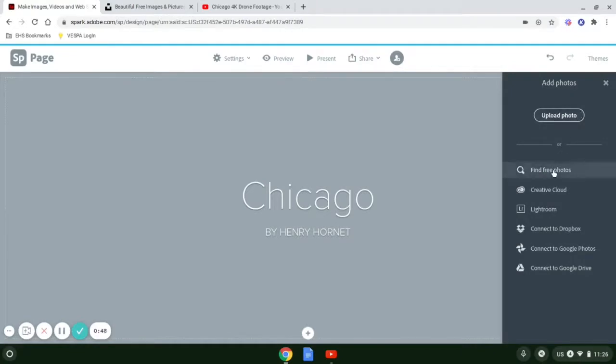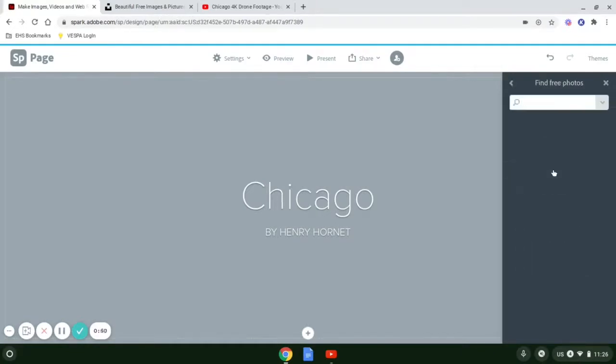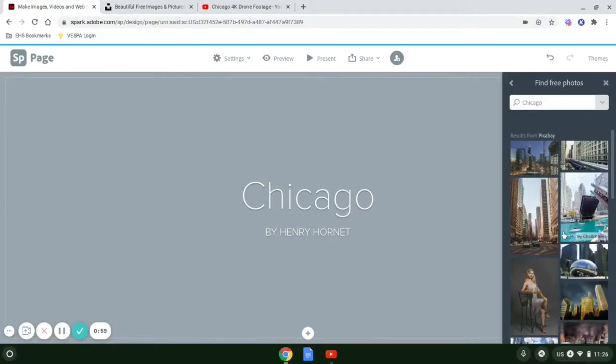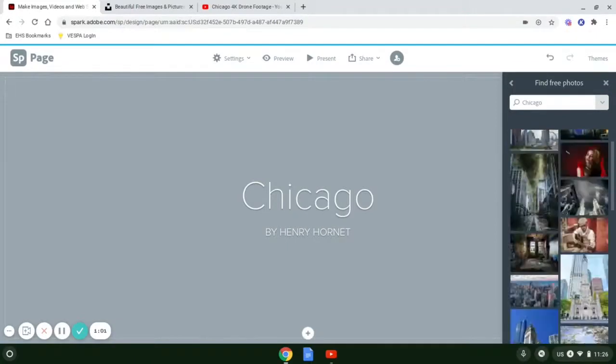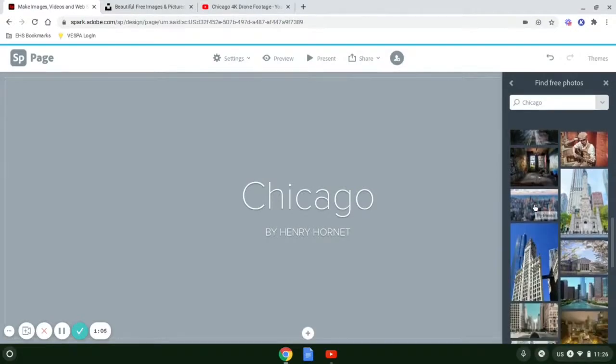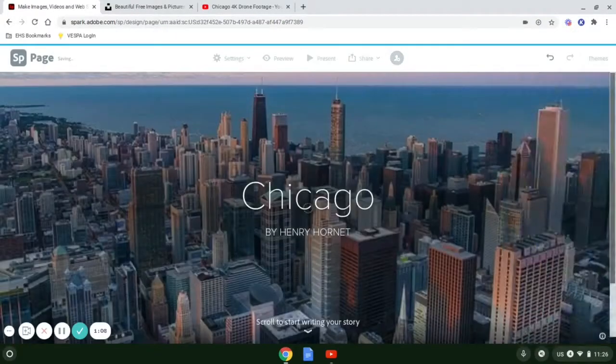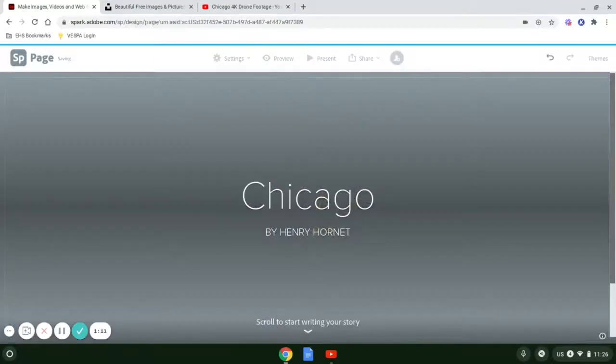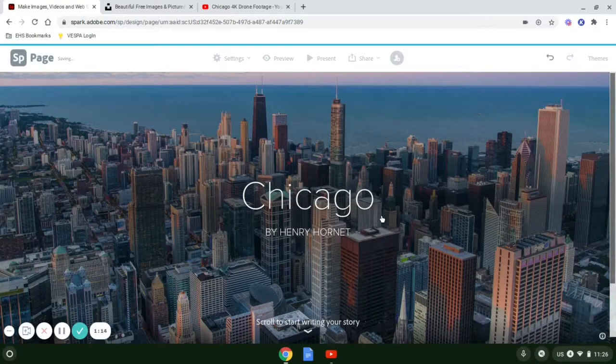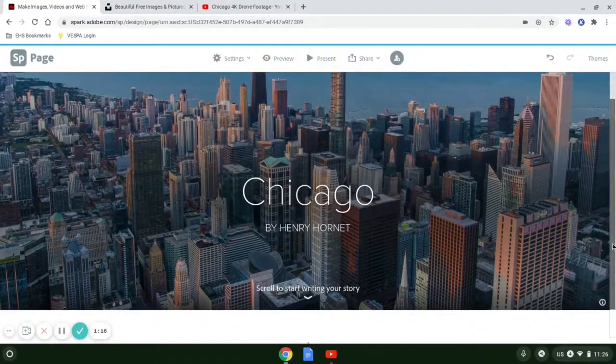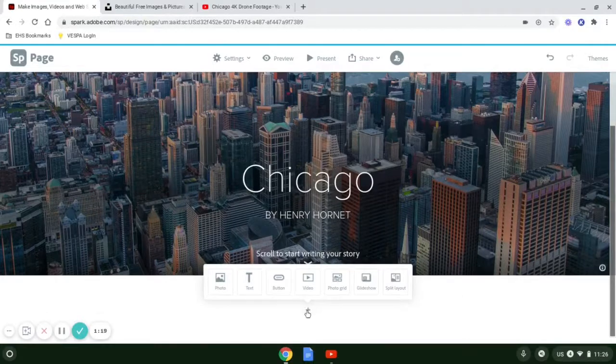You can either upload a photo or find free photos, and that's what we're going to use right now. I'll type in Chicago again. These are all copyright free, so you can select which photo you'd like to use. In this case, I'll use this photo right here, and that immediately turns into my background. Now when I scroll down, all of a sudden you're going to start seeing some